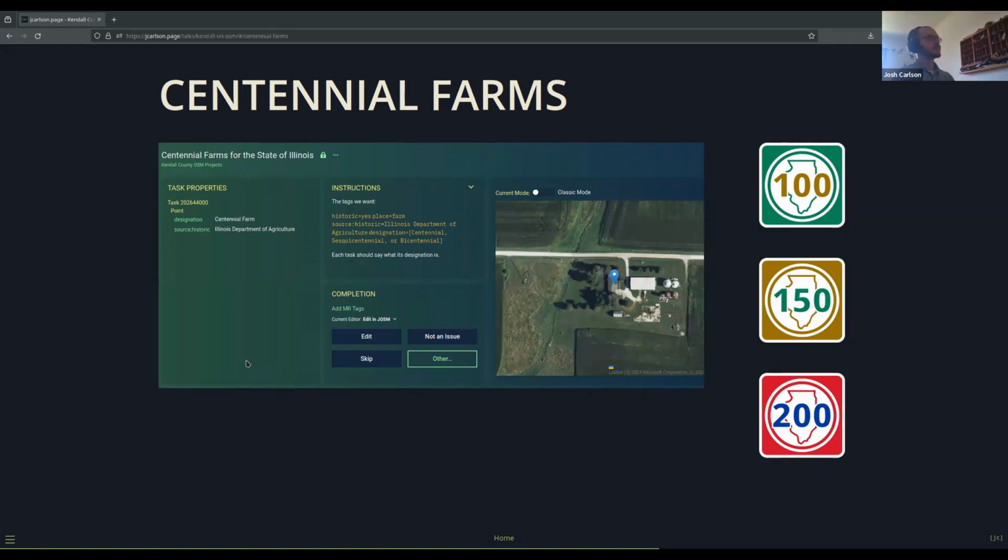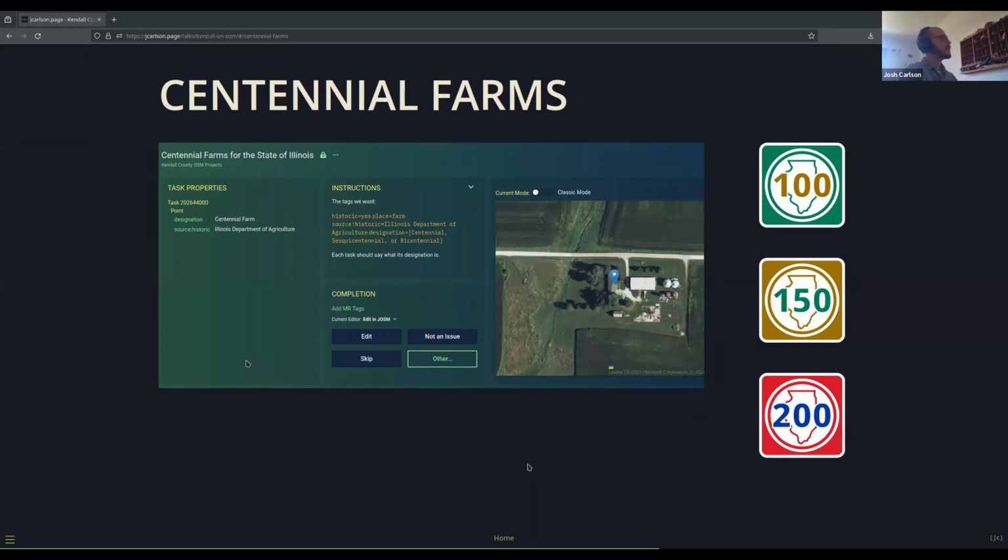So we just threw it in Map Roulette, and as interns or staff feel like taking a break from their other stuff, they can just go to it, look at a point, go, yeah, that's a farm, that's where the state said it is, and add these things to the map so that we can just capture some local historic interest, but doing it in OpenStreetMap.